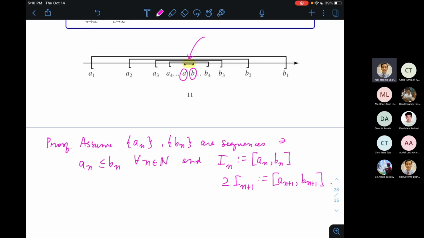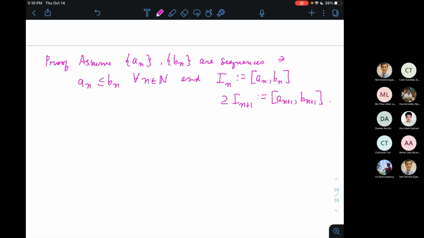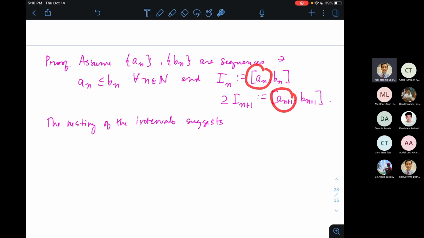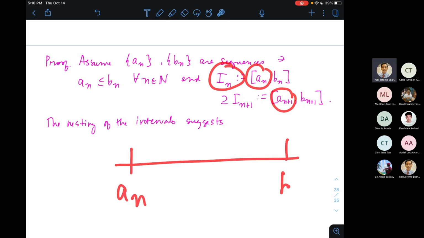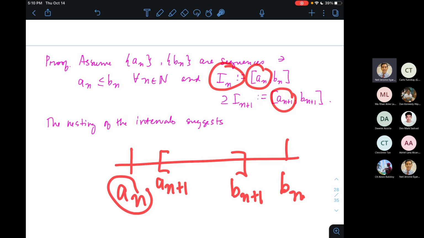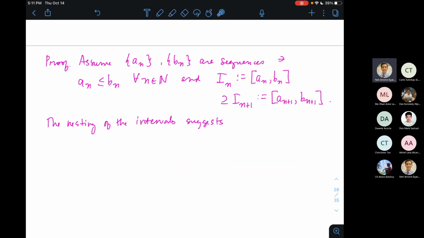Kasi ang alam lang natin, nested yung interval. So intuitively, dahil nested yung interval, dapat increasing yung mga A_n's. Kasi dapat yung I_n ay superset ng I_{n+1}. Okay? So this means the nesting of the intervals suggests the following. So dapat si I_{n+1} nasa loob ni [A_n, B_n]. Ganito yung itsura. So that makes A_n smaller than A_{n+1} para matuloy yung nesting ng intervals, right? So it suggests A_n is less than or equal to A_{n+1}